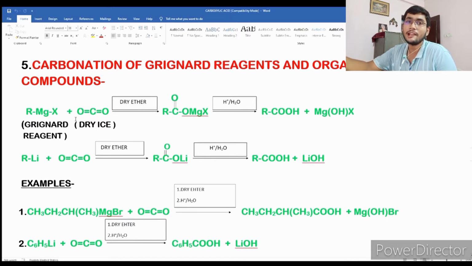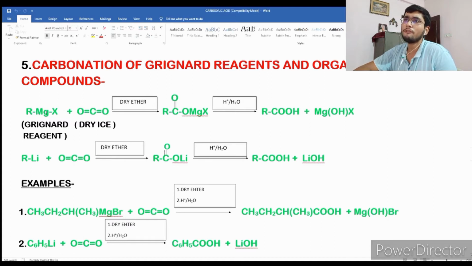Grignard reagents react very violently with water, and we do not want any side products or any side reaction as well. So we keep the whole medium dry. We do not need any moisture for this reaction, otherwise side products will also form. To avoid that, we do this reaction in a dry phase. So under dry ether we do this reaction.